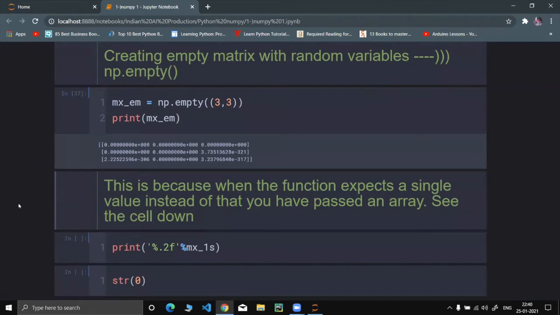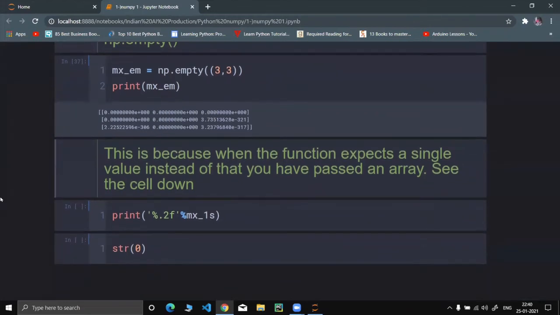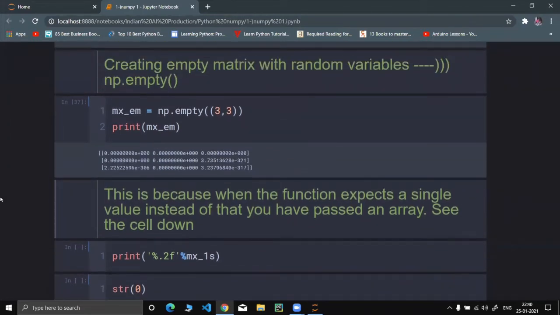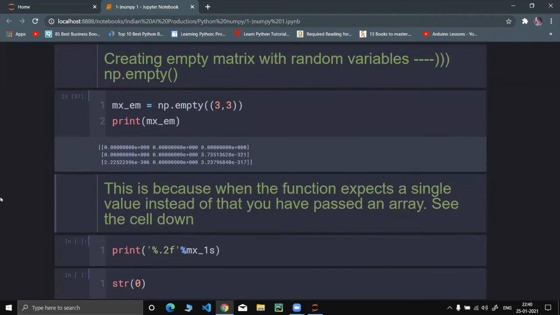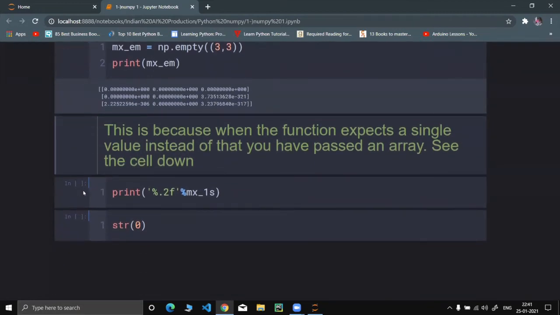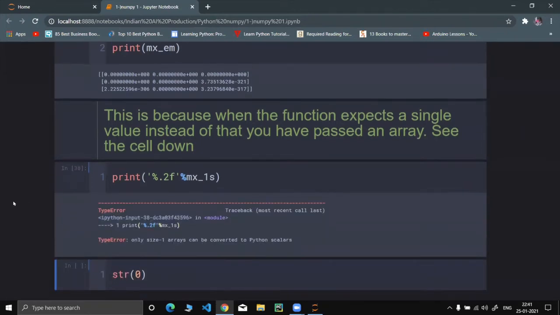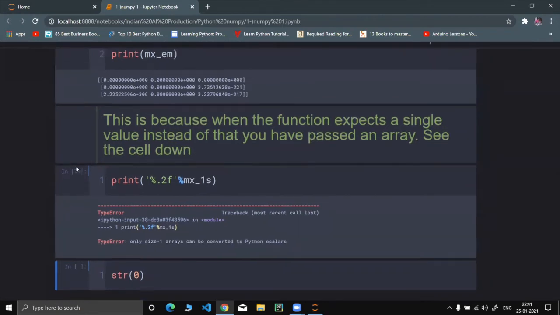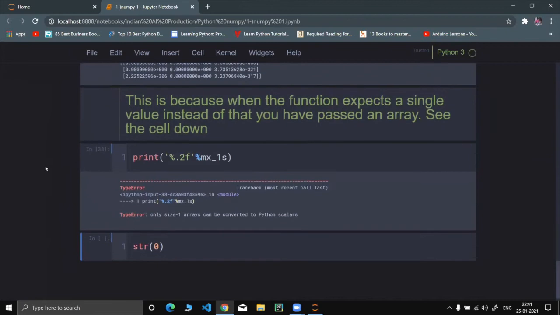This is because the function accepts a single value, but instead you have passed an array. See, only an array of size 1 can be converted to scalar.